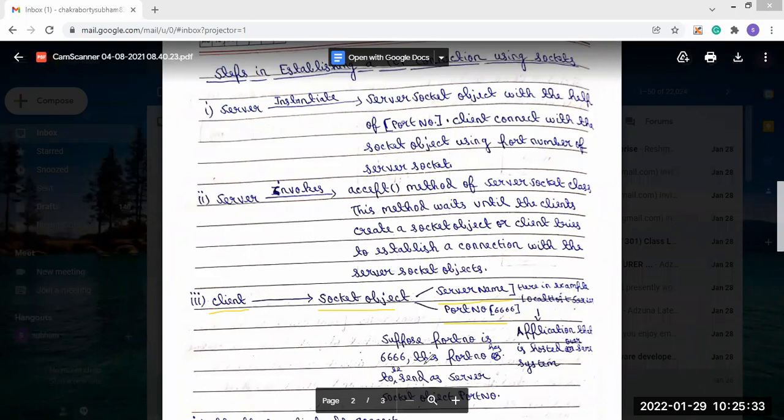It can be anything, but we are considering this example as the port number. This is the main thing in server socket programming. We do this. Okay, till now it is clear.